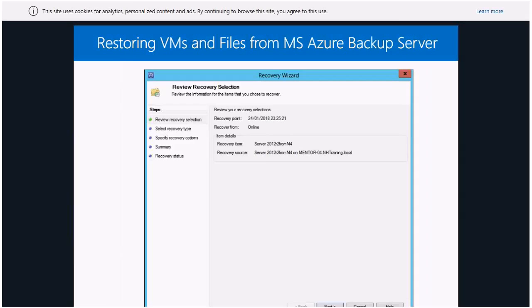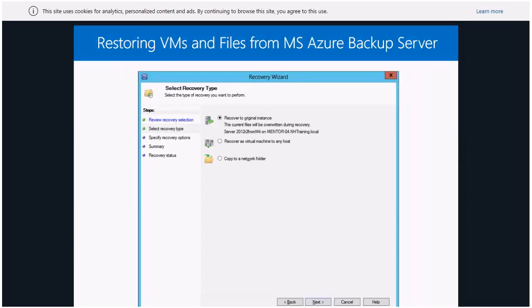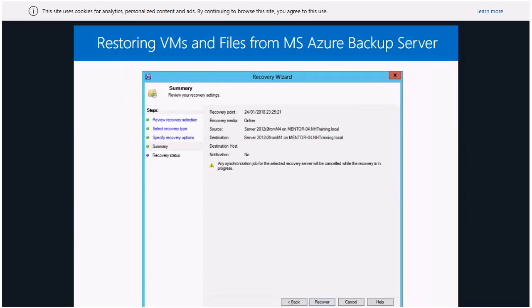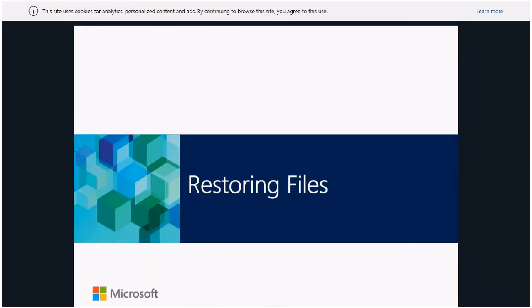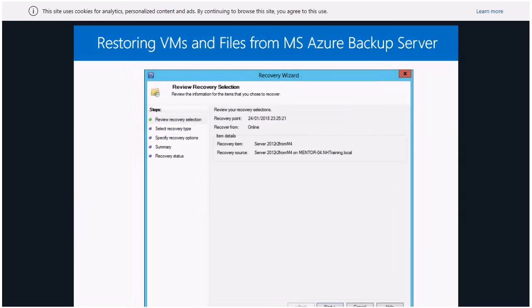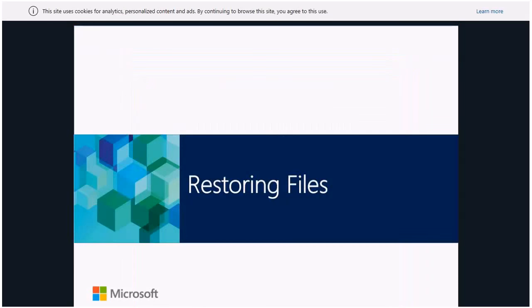Just select whatever VM you want to restore, and then click on recovery, and then you need to decide if you want to overwrite the VM or not. Then it's just a matter of restoring the VM locally on your server, and job done. It's not too complicated. Just go to the local server and take it from there.